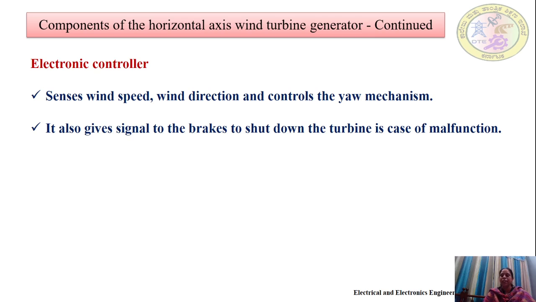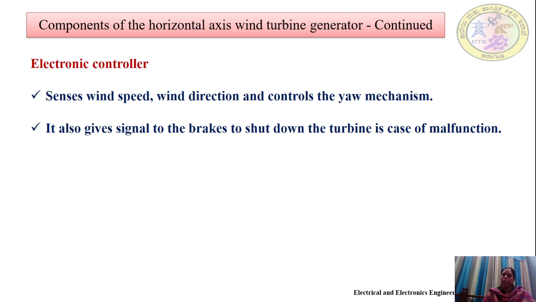So this is one example. The electronic controller starts and stops the turbine from working depending on the conditions. It starts when the machine reaches a minimum speed of 4 to 5 meters per second and shuts off the machine at about 25 meters per second. If we don't shut off, it causes damage to the wind turbine. It gets the wind speed data from the anemometer. This electronic controller will get the wind speed data from the anemometer.